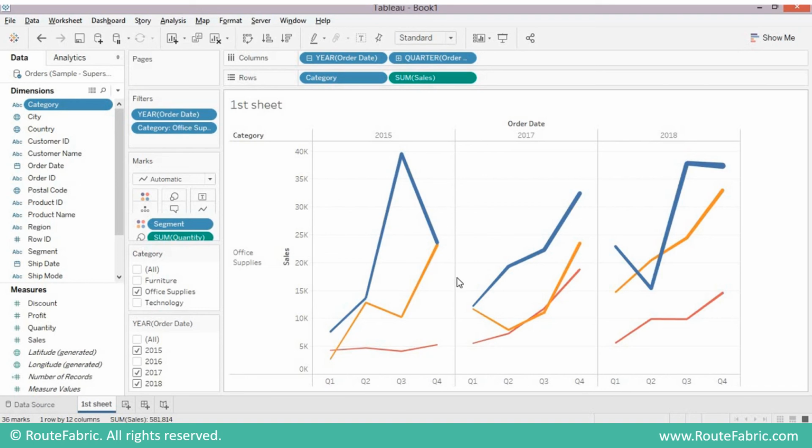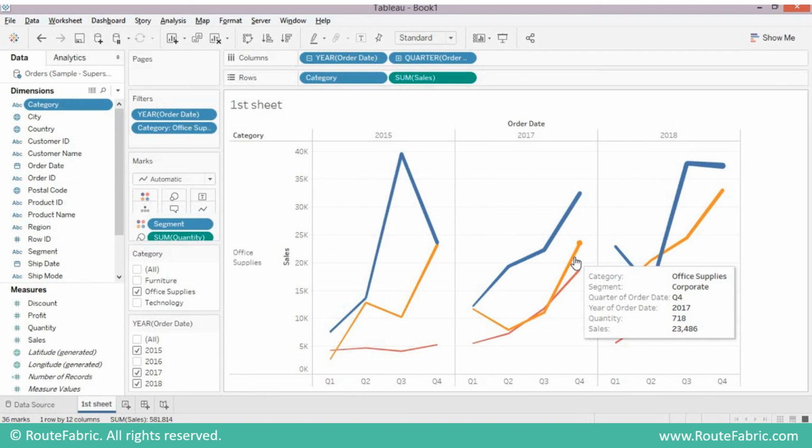So let's revisit all the topics we have covered till now. We have learnt about the start page, which consists of three areas: connect, open and discover. You also got an overview of the available data source connection types. Then you learnt about the data source page, more specifically the left panel, canvas, data grid and metadata grid.